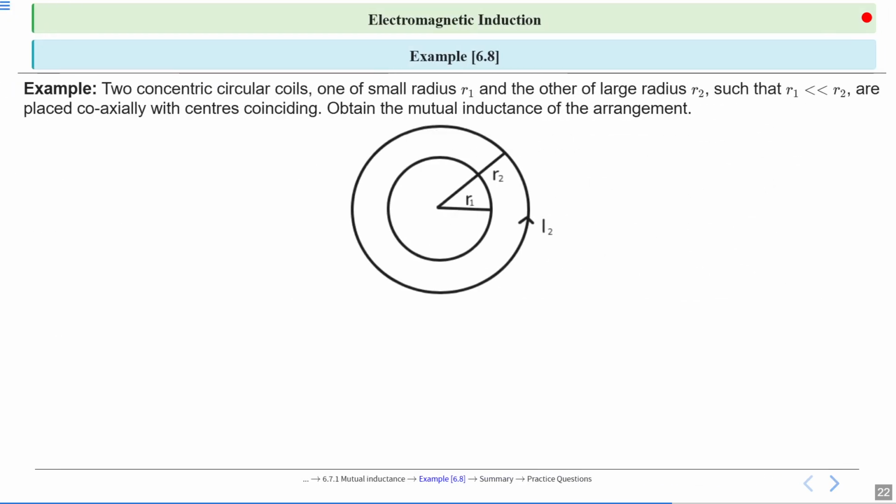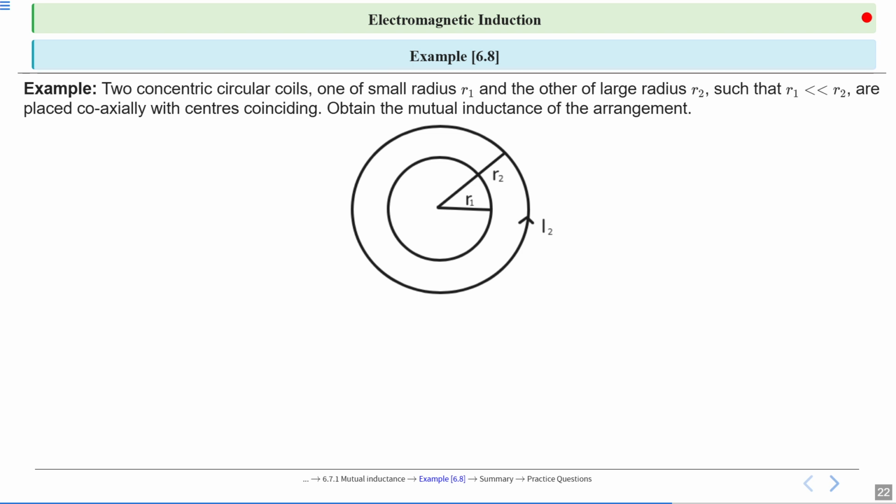Okay. So there is example 6.8. Two concentric circular coils, one of small radius R1. So there it is a special case of mutual inductance also. We have discussed mutual inductance with two solenoids or coils having n number of turns. Now coils having one turn. Both coils have one turn, single turn coils. Okay, so two concentric circular coils, one of small radius R1 and the other of large radius R2,